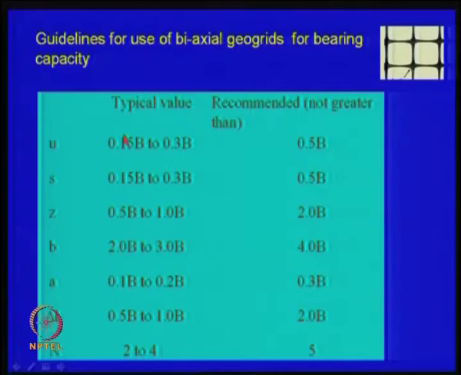So, the typical numbers are that the first layer of the reinforcement, U, is 0.15 B to 0.3 B. The recommended value is 0.5 B; in fact research shows that 0.3 B is alright, but then they go for 0.5 B. Then the spacing of the reinforcement, that is, the spacing between two reinforcing elements, again 0.5 B. Then Z is another number, B is the width, there are various elements involved here, and the number of elements he says is 5.